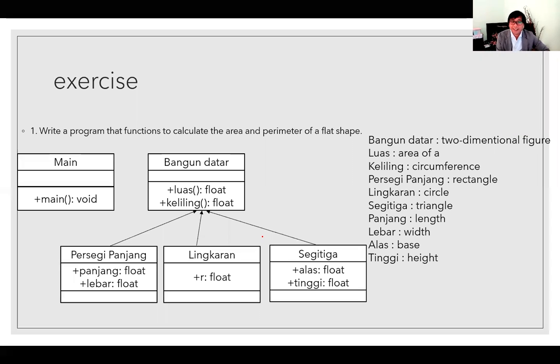So it's been a while since our last exercise of the theoretical part. So yes, from this